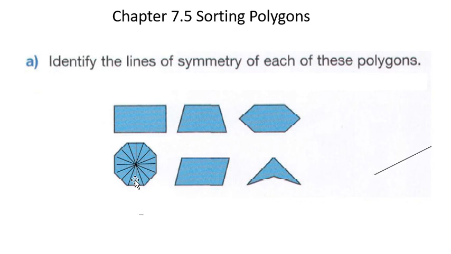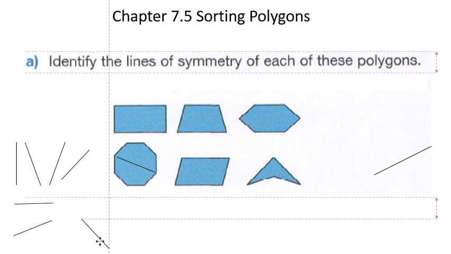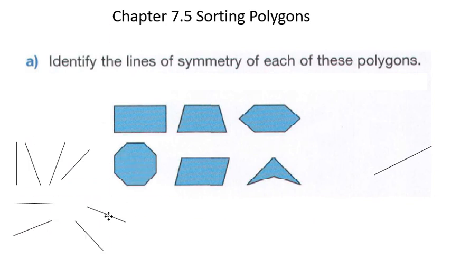Watch what happens when I move this line out of the way. Totally moved out of the way. Now I'm going to move this one out of the way, and this one, and this one, and this one, and this one, and this one. So if we count all of these lines, 1, 2, 3, 4, 5, 6, 7, 8, we have 8 lines